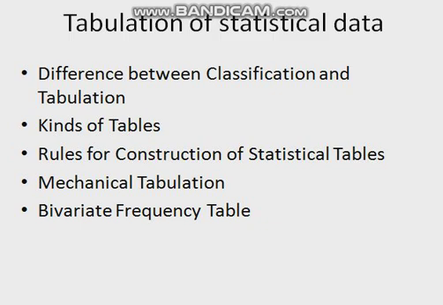Now there are certain rules to be followed for construction of statistical table. That is, there should be a title. For every table, a brief, clear, and full title should be given so that it becomes clear for the data relate to which subject, which time, and on the basis of classification. There should be number of columns and rows, keeping in consideration the objective of presentation of raw data. Large number of columns makes the problems complex and unclear.